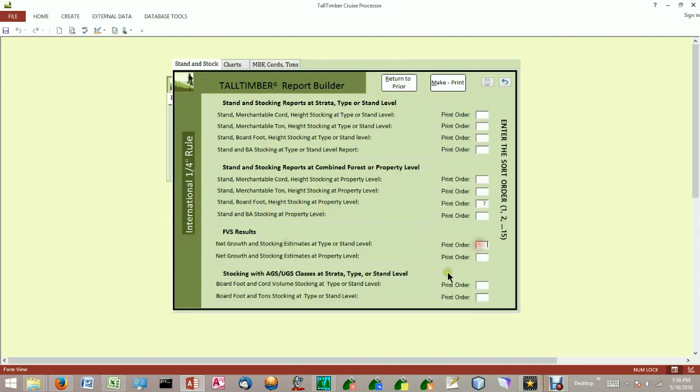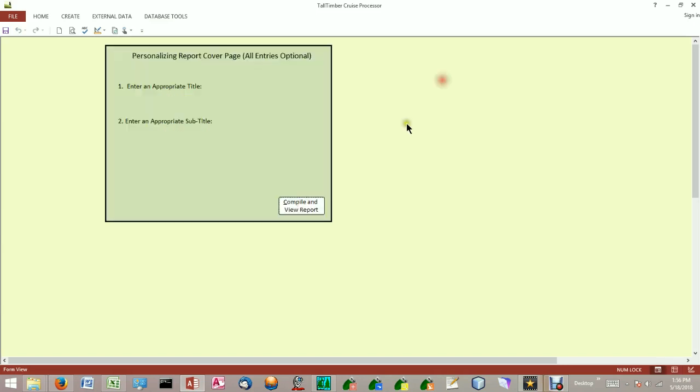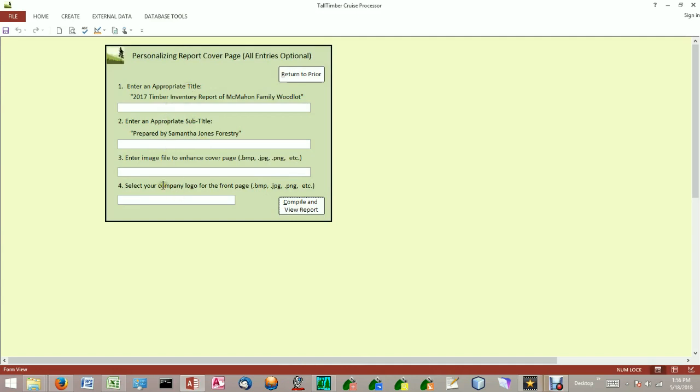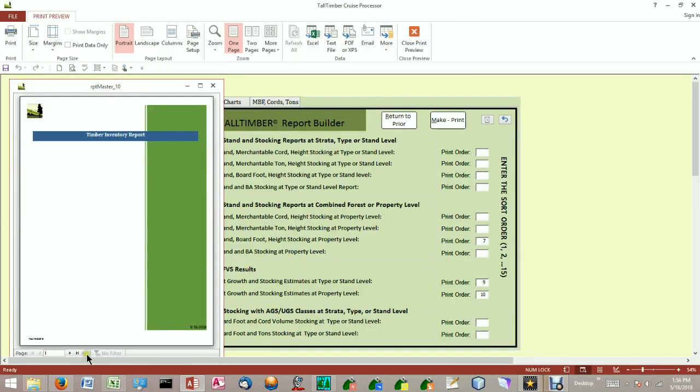We can say, yeah, let's add those in as report 9 and 10. And we'll go make print. We won't fill in these boxes this time because we don't need to. We'll save our time. And we'll just show you how we've added those two sub-reports to the end of our